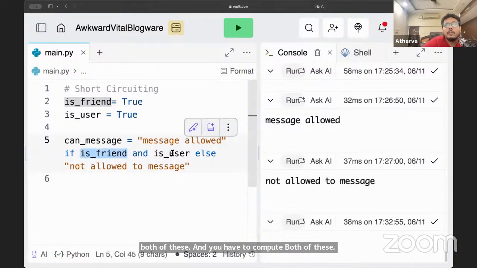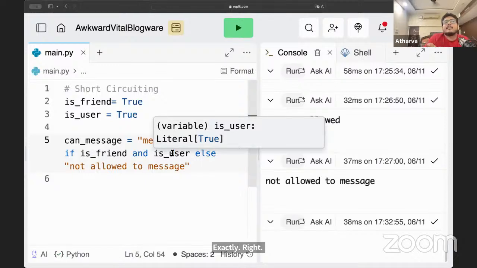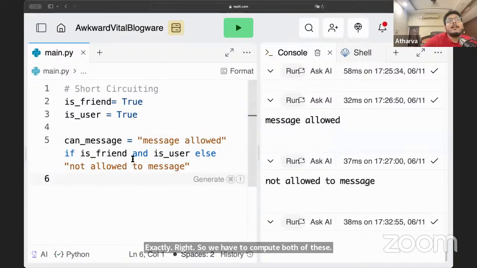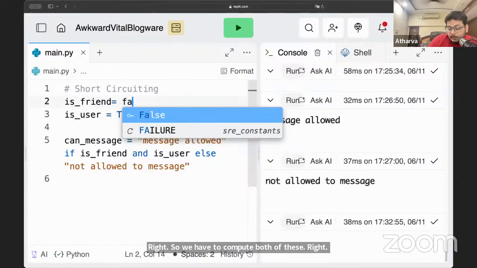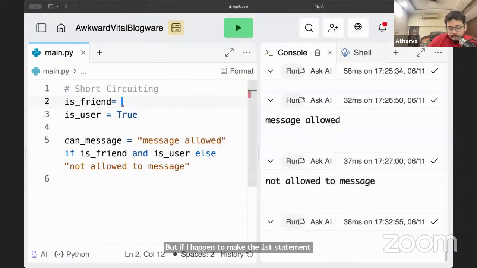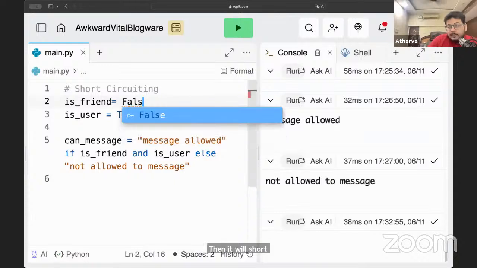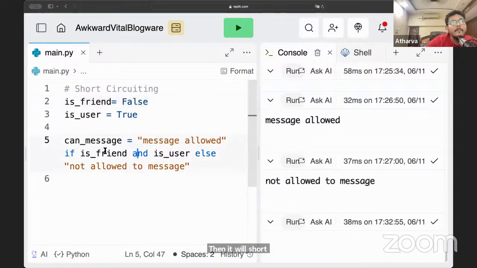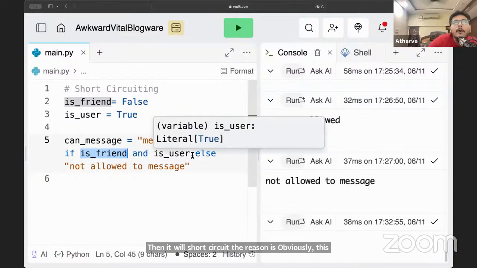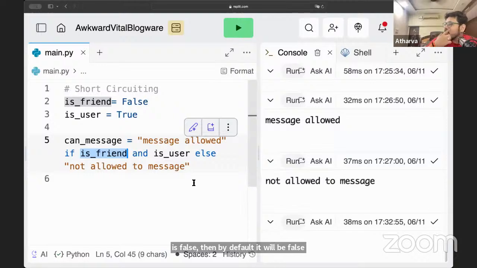But if I happen to make the first statement false, then it will short circuit. The reason is, if this is false, then by default it will be false because for an AND condition to be true, both of the parameters need to be true.